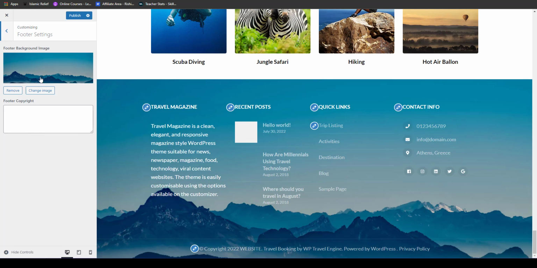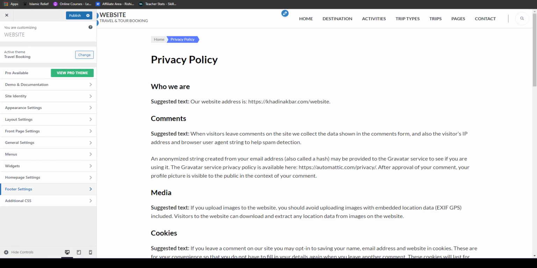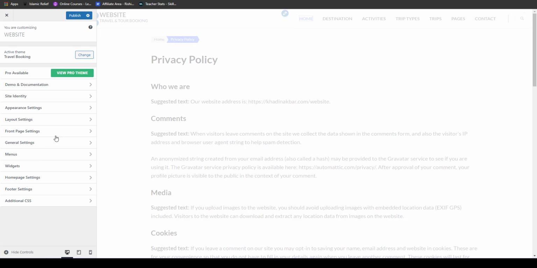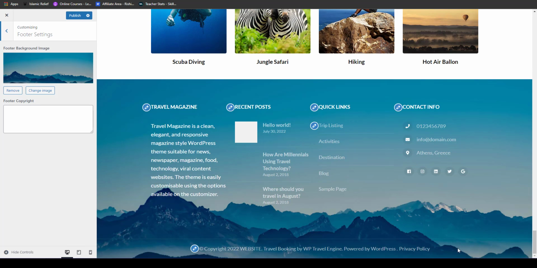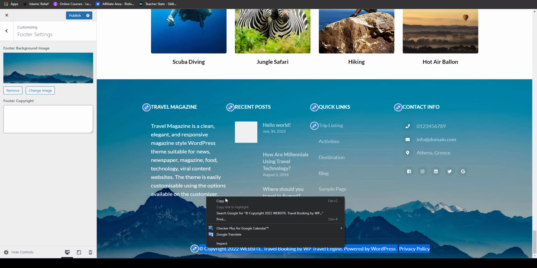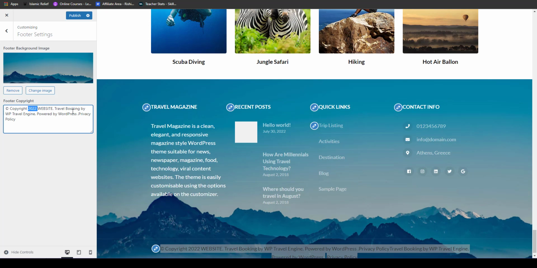And then you have footer settings, and from here if you want to change the background image, you can just change that image. And the footer copyright, from here you can just change that. This was basically the demo. We'll just go to the home page, and in the footer we'll go below, and this was basically a demo. What we can do is copy and paste this text: 2022 travel booking by Webified Hub,